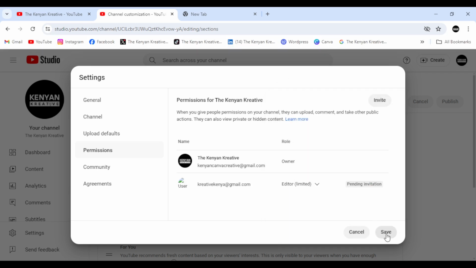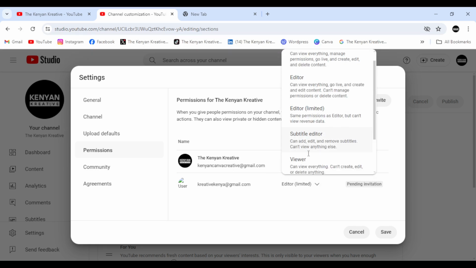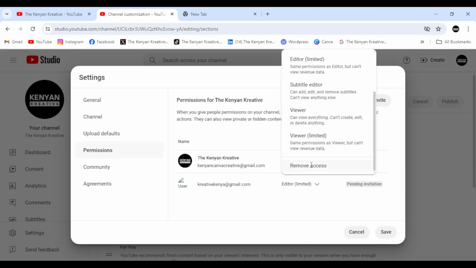All right, once you click on save, you'll be done. In this case, I don't want to do that because this is actually not a real Gmail account. It's only for an example. All right, so once you click on save, they'll be able to accept the invitation. If they accept the invitation, then they will now get access to the channel depending on what level you have set for them here. This is actually something amazing, in that you can even remove access, you know, if maybe they don't do good work or you have issues with them,